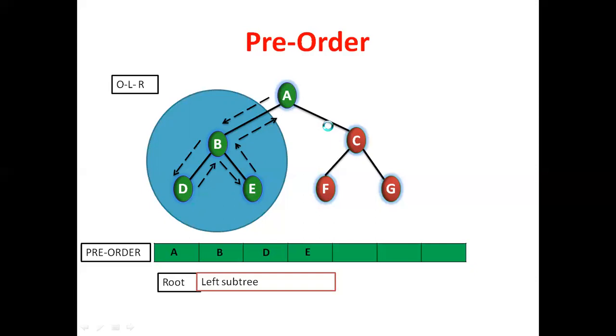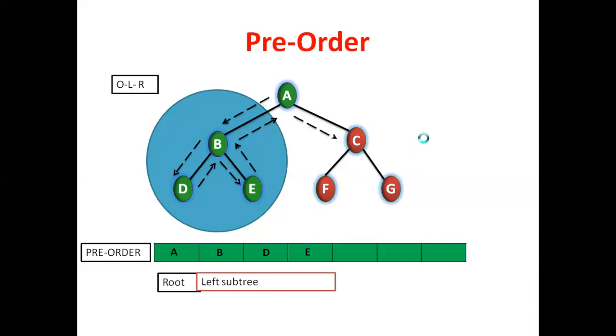So now again we can apply the same formula, the Euler formula, for the right subtree. Here the right subtree is CFG, right? Again apply the Euler formula. If you apply the Euler formula here, what is the root node here? C is the root node. According to the formula, visit the root. Means the next visited node is C. Then after, left subtree. What is left of C? F. Is F a subtree or a normal leaf node? If it is a leaf node, visit that one simply. So C F means root completed, left completed. Then after go to the right part.